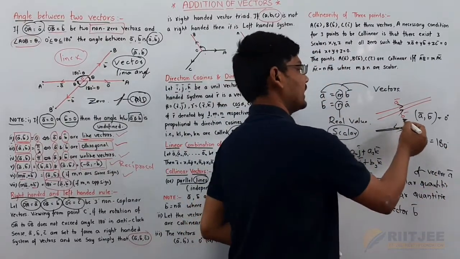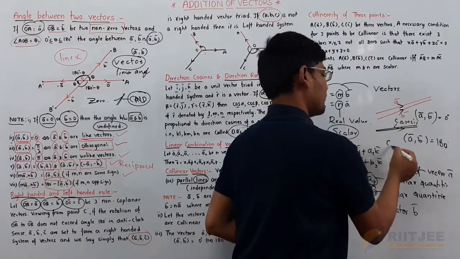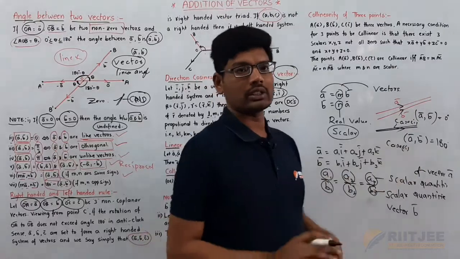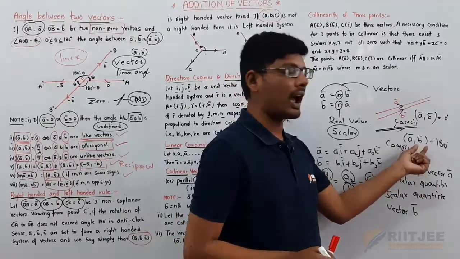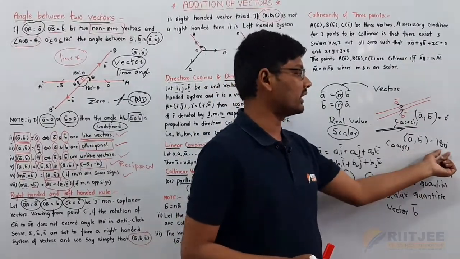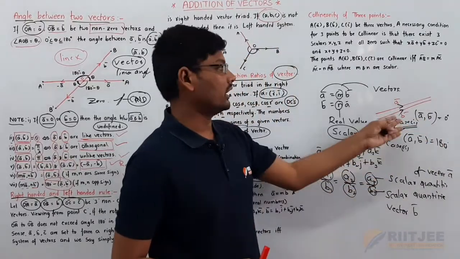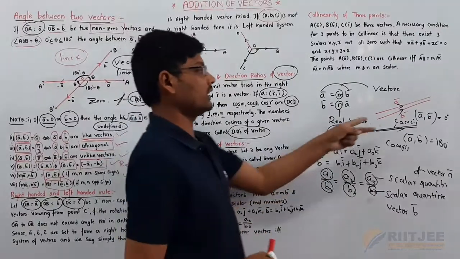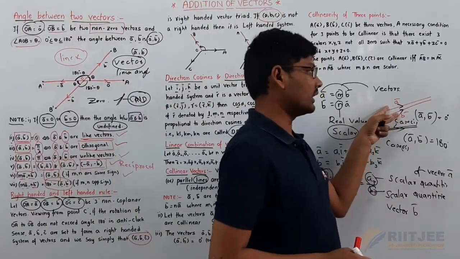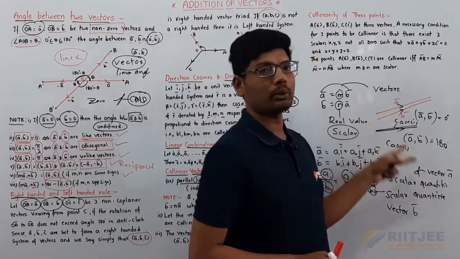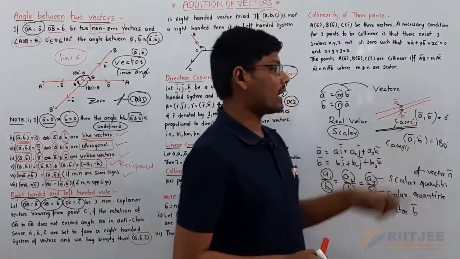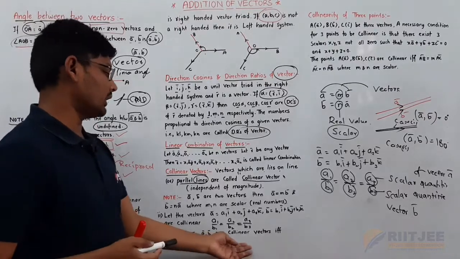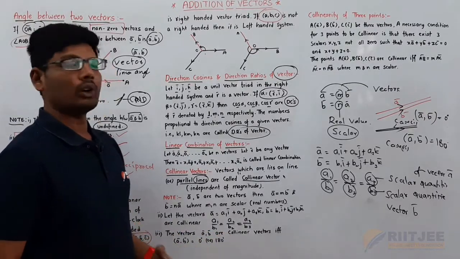In both cases, case 1 and case 2, where case 1 has the angle between the two vectors as 0 degrees, and in case 2 the angle between these two vectors is 180 degrees, these two vectors are said to be collinear. Why? Because these two are in the same direction, these two are in the opposite direction, but they are parallel, they lie on a parallel line. So that's why these two vectors are collinear here.